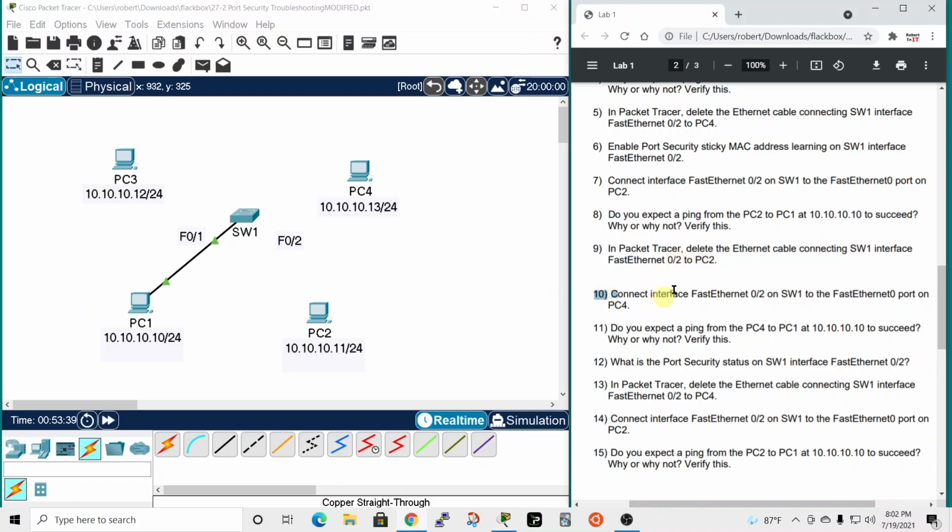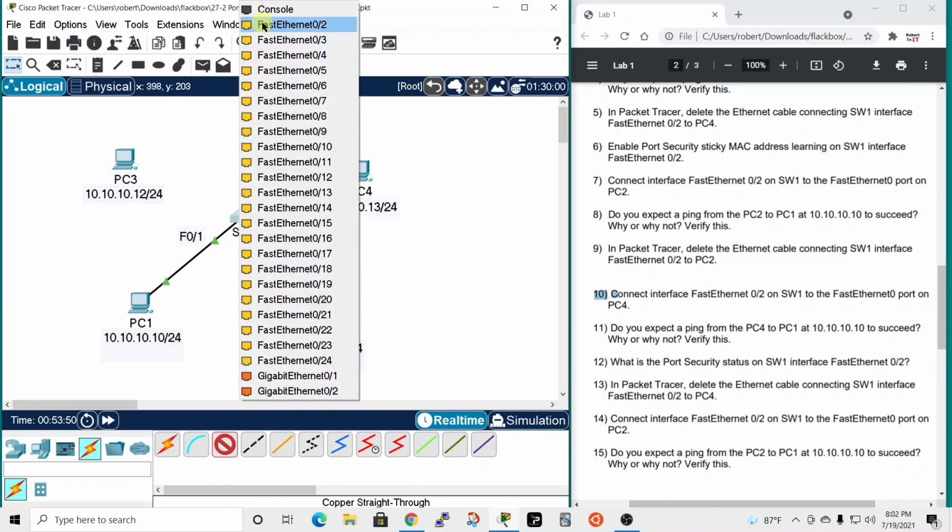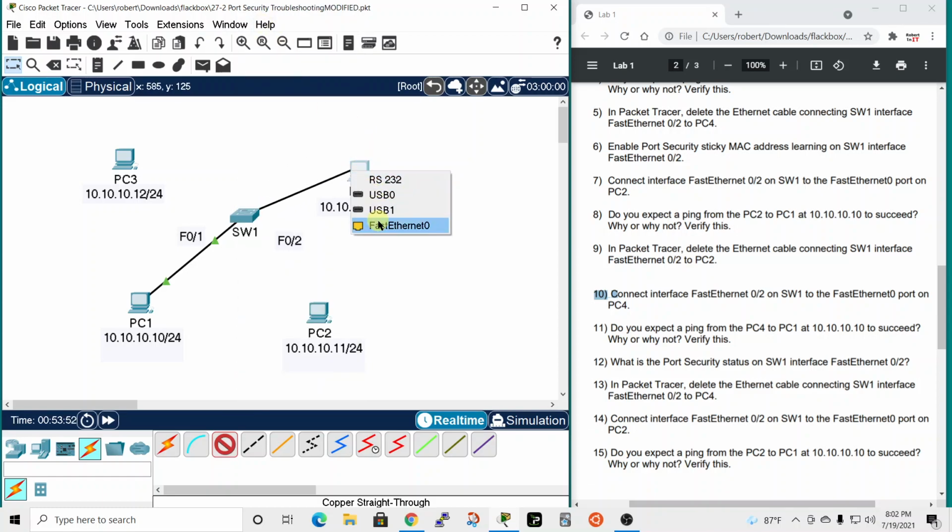Now it says connect interface fast Ethernet 0/2 on switch 1 to fast Ethernet 0 port on PC4. So we're going to go back to PC4 again, and connect fast Ethernet 0/2 to PC4. And it says, do you expect a ping from PC4 to PC1 to succeed? Why or why not? Well, in this case, it should actually fail, because back a few steps we configured